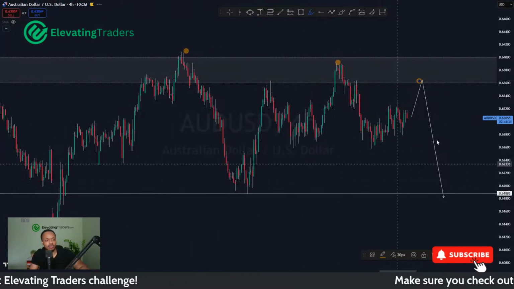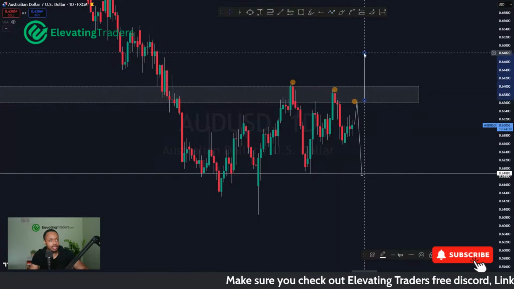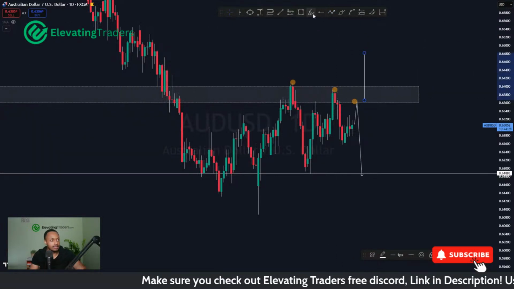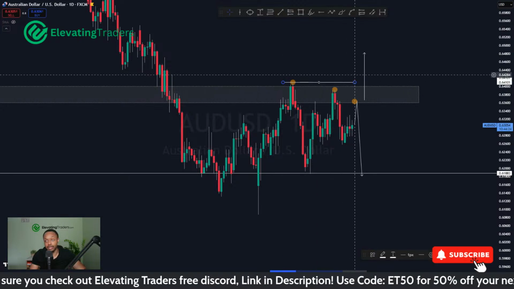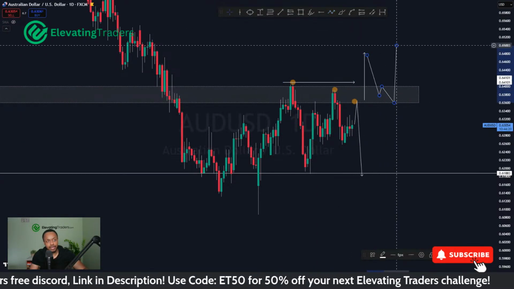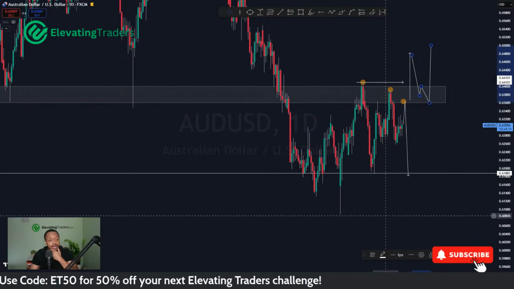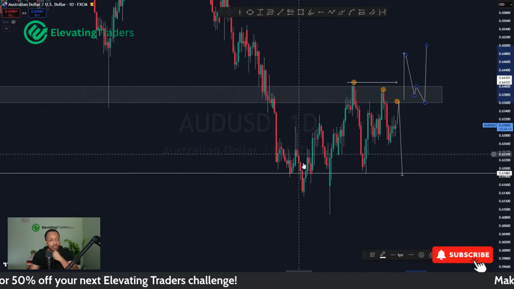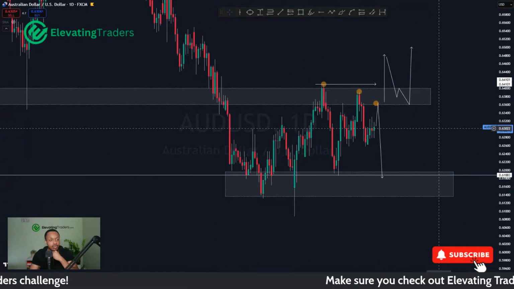Altogether, Aussie dollar is pretty much ranging. If we are going to reverse, then I would like to see price break structure to the upside, clear the highs here on the left, break structure to the upside, and then I'll talk about some pullbacks. That's what would interest me for some longs. But at the moment, we are not anywhere near that. So still looking for the range to continue and push back into support pretty much.